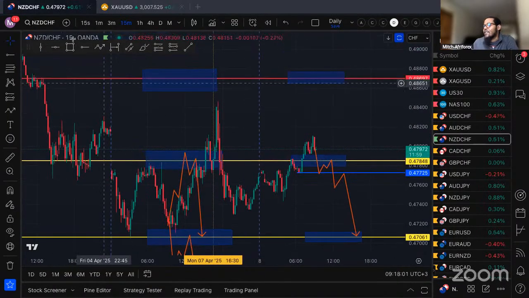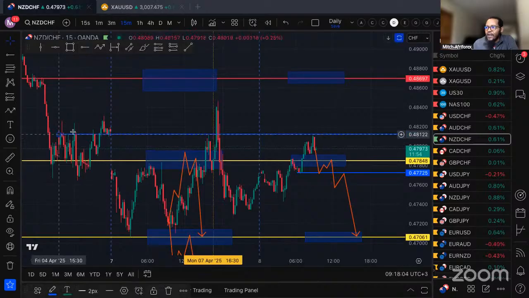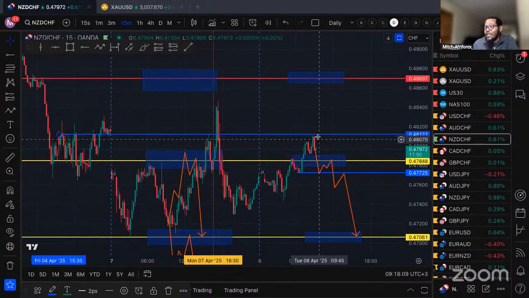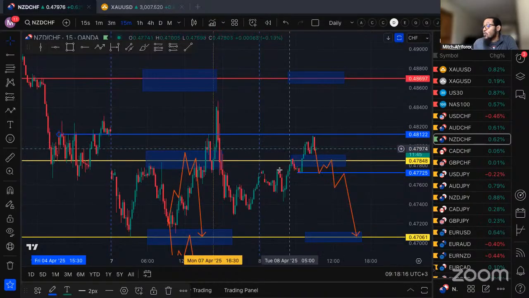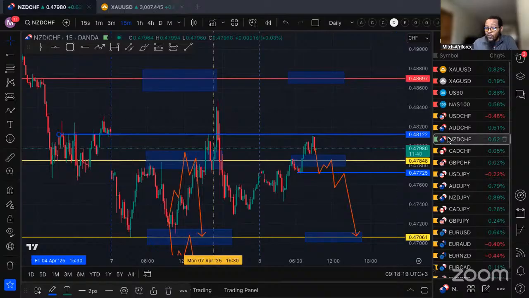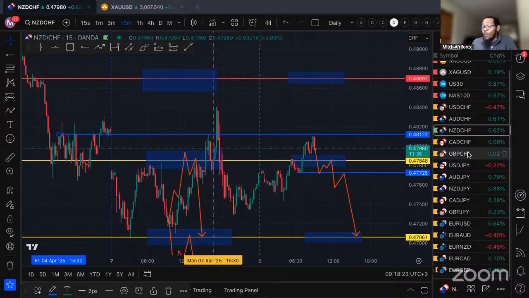Because you can clearly see, we do end up having some sort of small support and resistance area. Within this area right here, it seems that that's where the market did bounce off from. So it's no surprise that the price is within that area, but these buyers will definitely give you issues if you do end up looking for your selling opportunity now. So do be a bit patient. We could end up waiting for some correlation to give us some more confidence to look for a trading opportunity here. So hope that is clear on the New Zealand dollar against Swiss franc as we move on to the